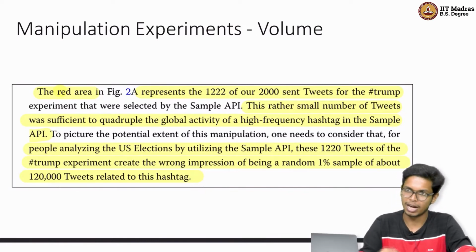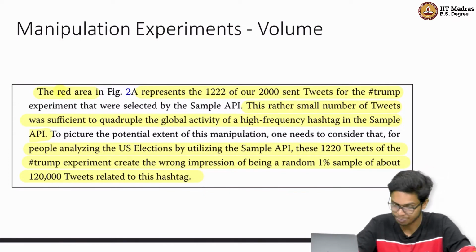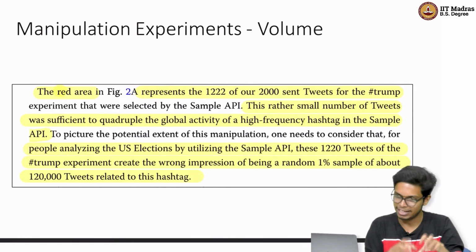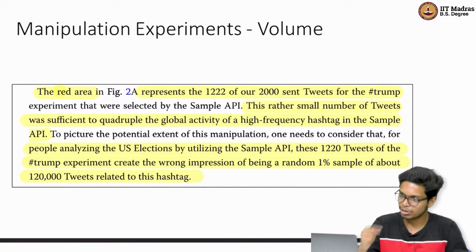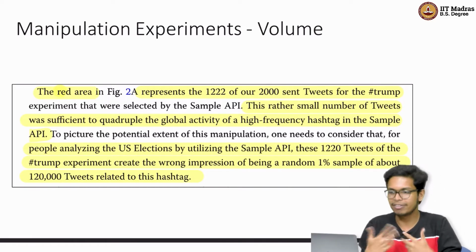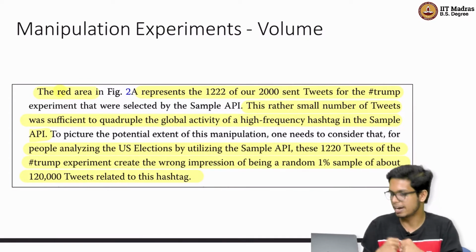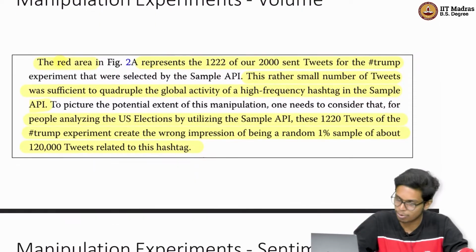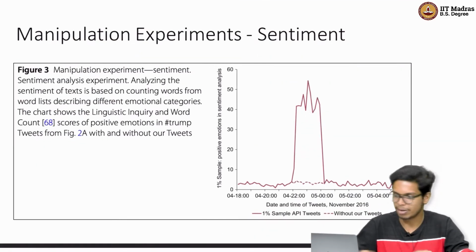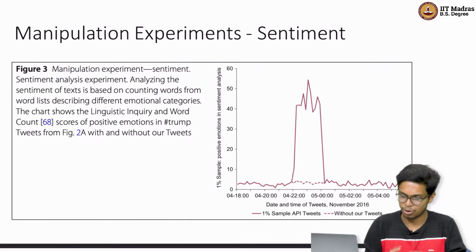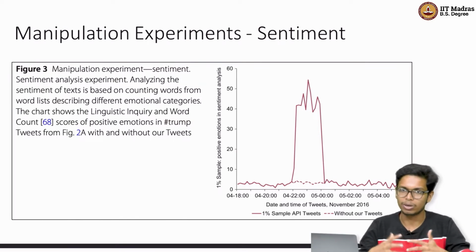and you want to look into hashtag Modi or hashtag Rahul Gandhi. And if you're using the number of tweets with hashtag Rahul Gandhi as a proxy for number of people interested in Congress or BJP, I can very easily manipulate that sort of stuff, and a political party can get their hands on research like this and manipulate the Twitter API. So this is very important for us to look into these manipulation experiments as well, so that we can take a look back